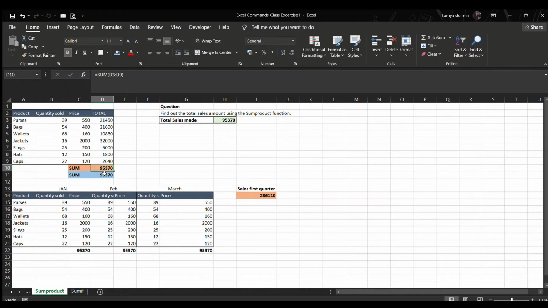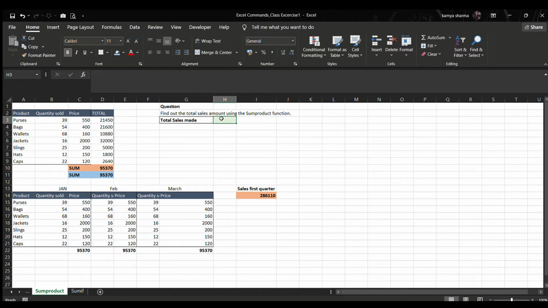If you see, to get the total sales we had to first perform the column D steps, that is we needed the total for each product, and only then could we reach the total sales. But we have an alternative for this as well, and for this we have SUMPRODUCT. Here the SUMPRODUCT function steps up. In column H we'll show you how we can get the whole total sales without performing the column D step.